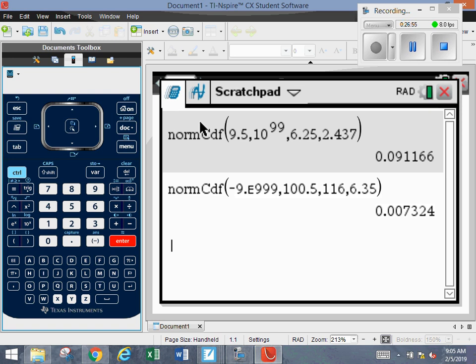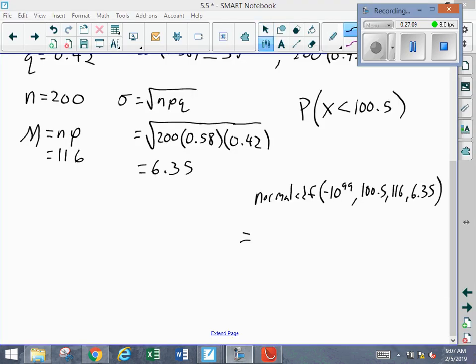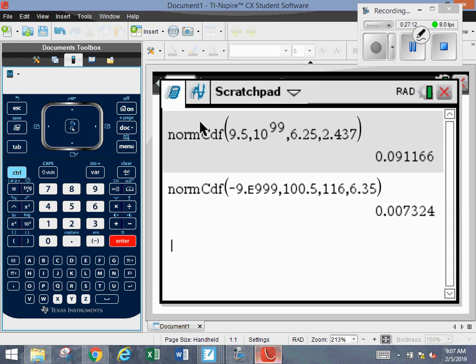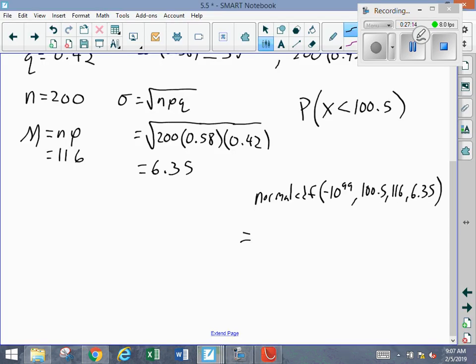That is very, very low. So really low probability. So there's a 0.7% chance that if you were to randomly select 200 people,